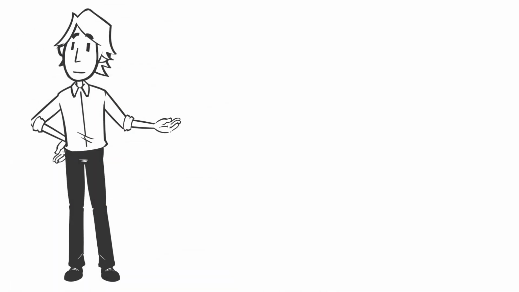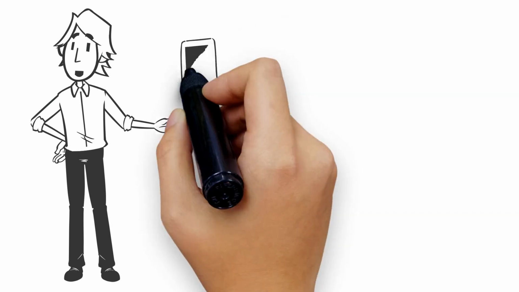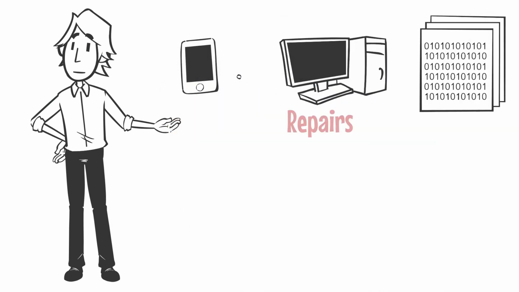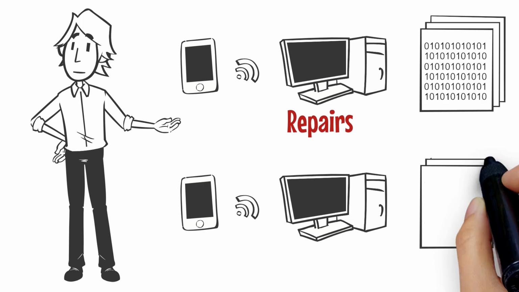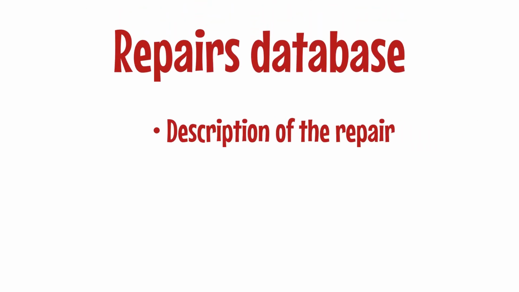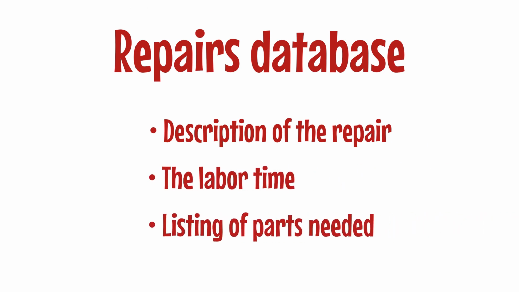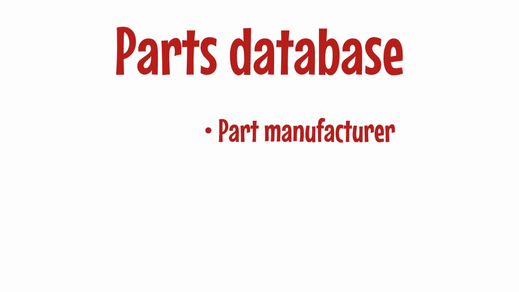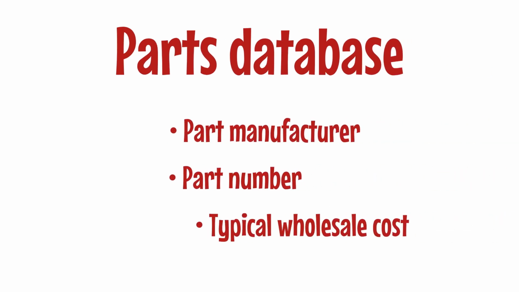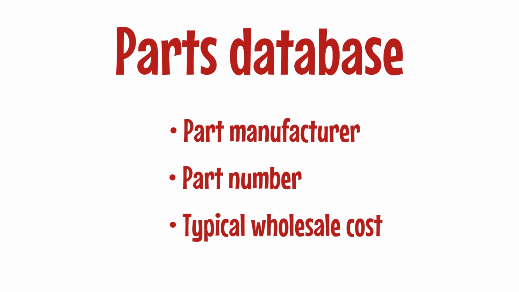Flat rate pricing systems draw information from two separate databases that are managed by the flat rate pricing provider. They are a repairs database and a parts database. The repairs database provides the description of the repair, the labor time to complete the repair, and a listing of parts needed to complete the repair. The parts database lists the part manufacturer, part number, and the typical wholesale cost that a service company will pay